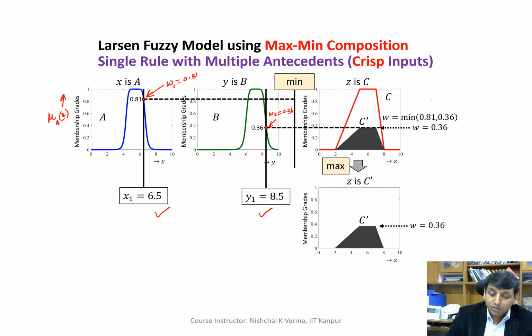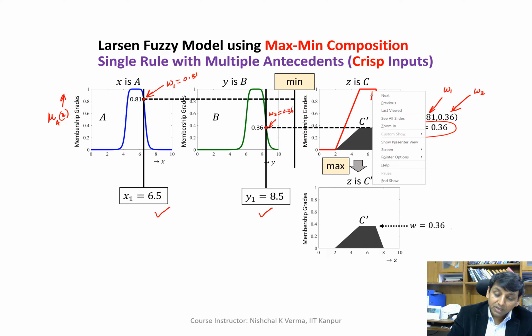When we take the minimum of the two, this was nothing but the w1, this was nothing but the w2. So when we take the min of these two, we are getting 0.36 here. Now again, as we have done in the previous slides, since we are dealing with the Larsen fuzzy model, we have to scale down the height of the original fuzzy set of the output. So C, that is capital C here, the fuzzy set. So the height of the fuzzy set we will scale down, we will bring down to